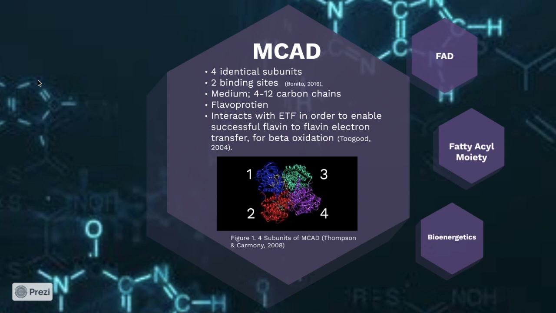MCAD is a flavoprotein found in the mitochondrial matrix that acts on 4 to 12 carbon chains and catalyzes the alpha-beta dehydrogenation of fatty acid acyl-CoA conjugates. MCAD interacts with electron-transferring flavoproteins, aka ETF, in order to enable successful flavin-to-flavin electron transfer, crucial for the beta oxidation